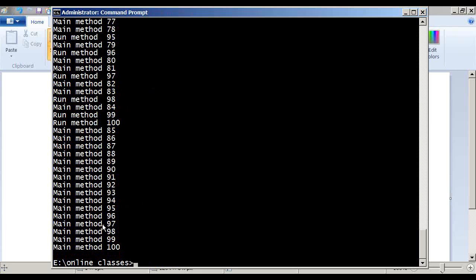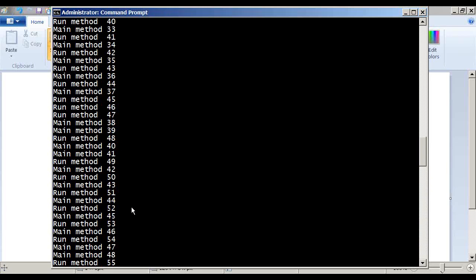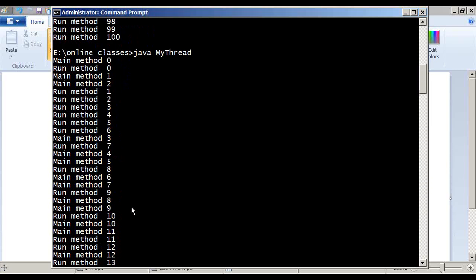But one thing is guaranteed here. Very important thing to be noted. One thing is guaranteed in each and every output. What is that guarantee I have here? Every started thread, if there are no exceptions, will be completing its execution in